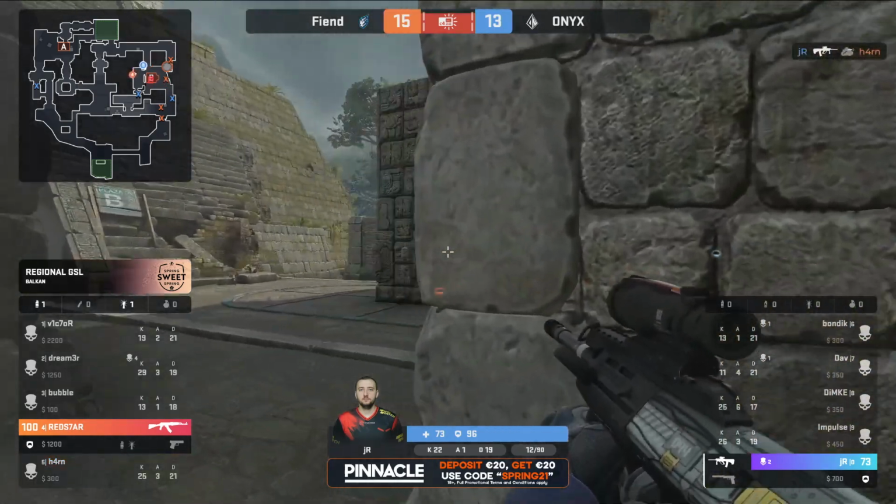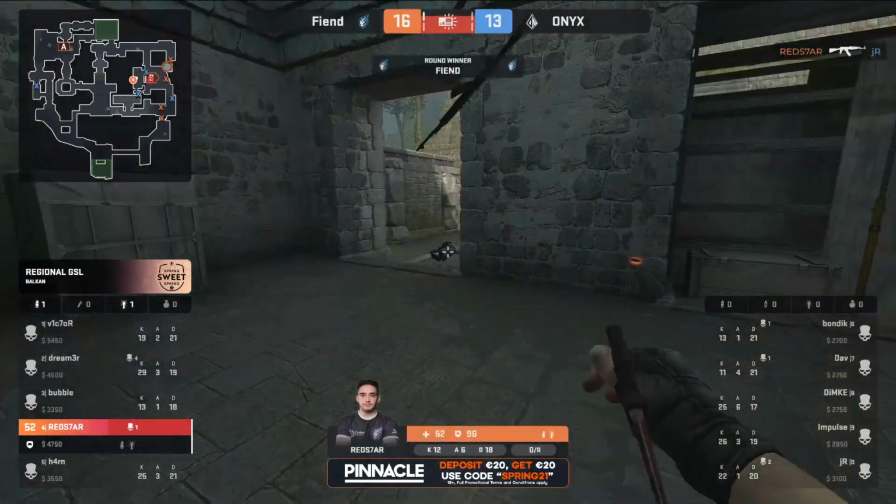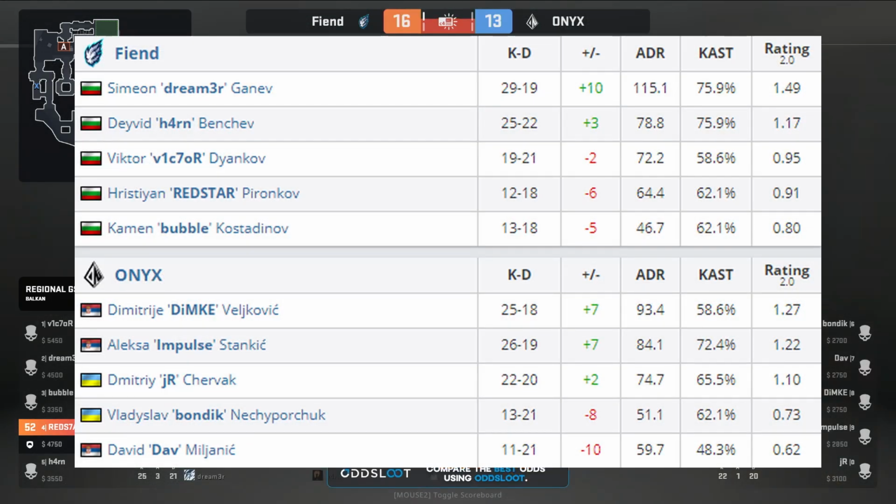Bomb plant secured. He does spot Han through the smoke as it starts to fade. Han not really able to get back to a decent post-bomb position. REDSTAR now in the open will be able to best JR on the spray. Oh man, I'm sure the Fiend's players' hearts were in their mouths, but eventually they do get across the